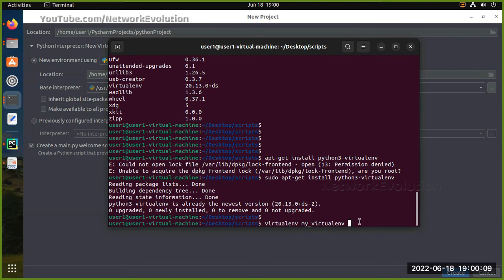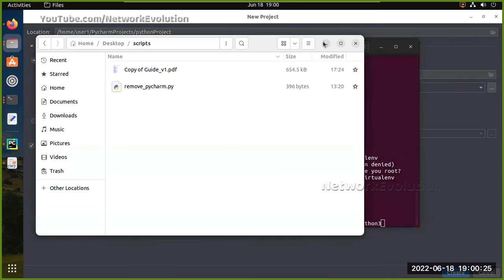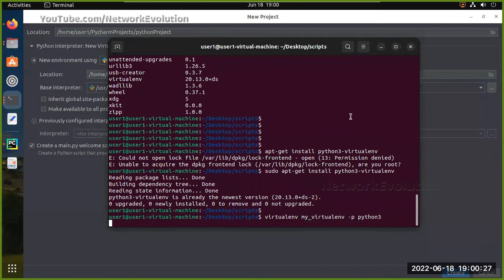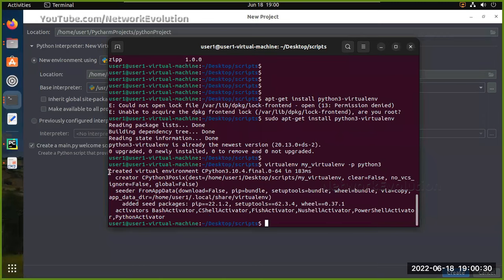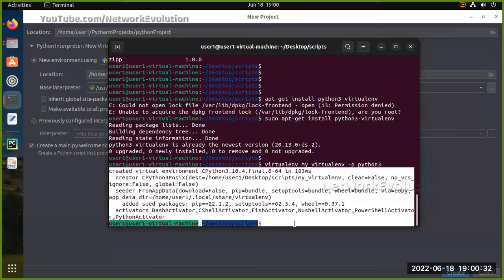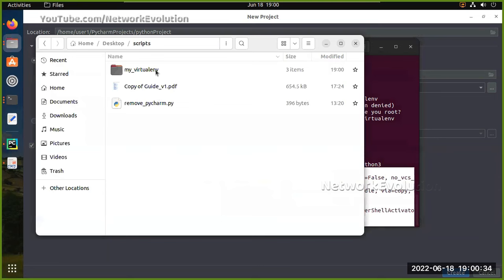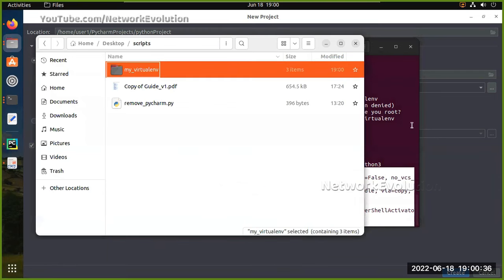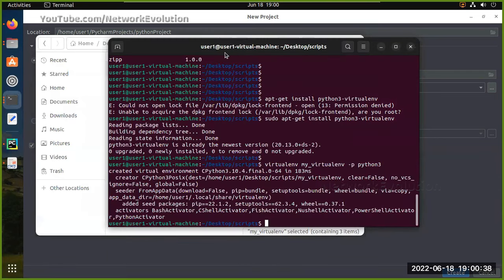And the base Python is 3.10, so I'll take a copy of that. So -p, and I'll give my base operating system's python3. Now this folder is empty. When I execute this, it creates a new Python virtual environment in that folder. Now you can see here I have my virtual environment folder, and if I want to access that,